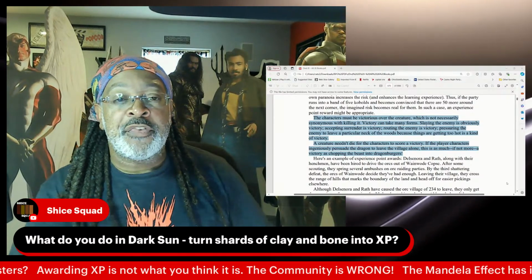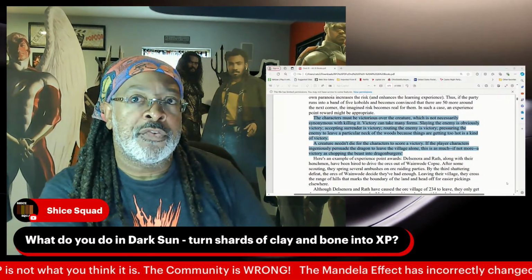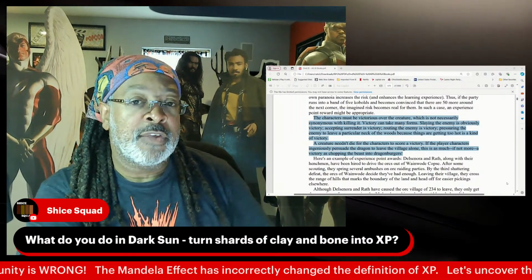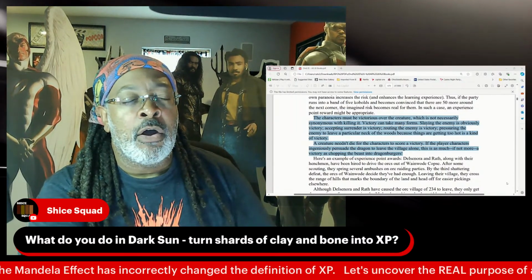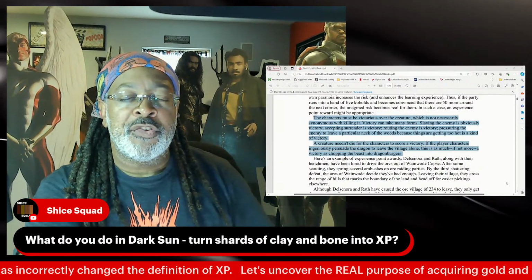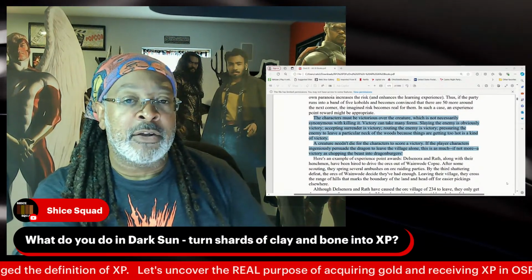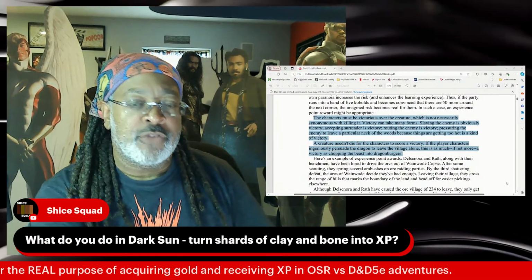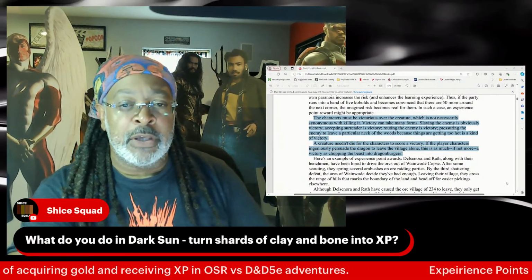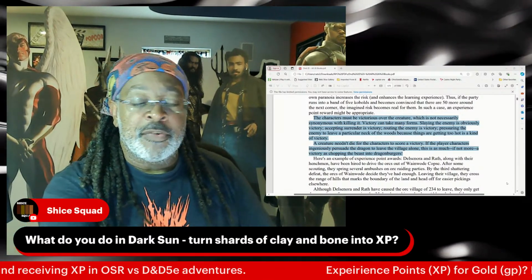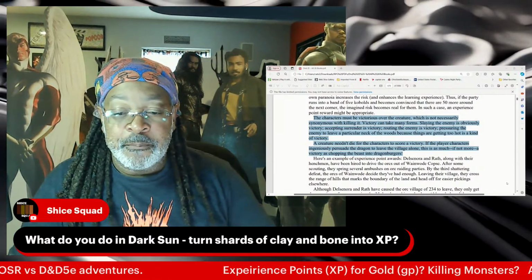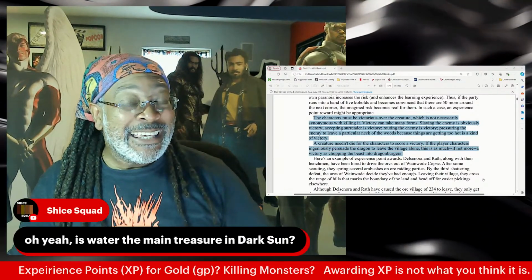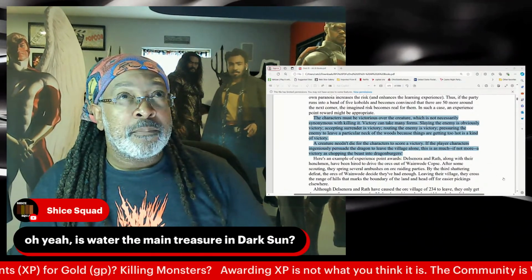So let's say in Dark Sun you come across a band of cannibalistic halflings, and half their group is stuck in quicksand and you save them out of the quicksand. That is an experience point interaction for the players to gain experience, because these potential enemies are technically supplanted.